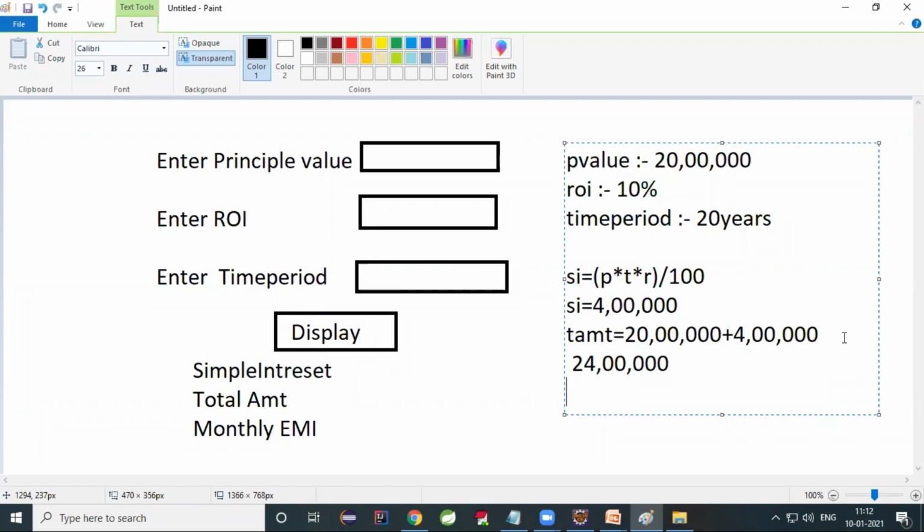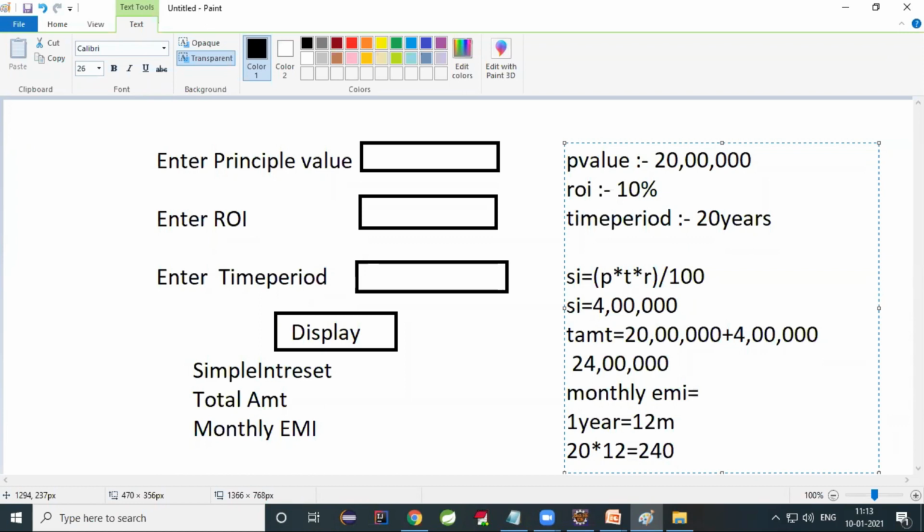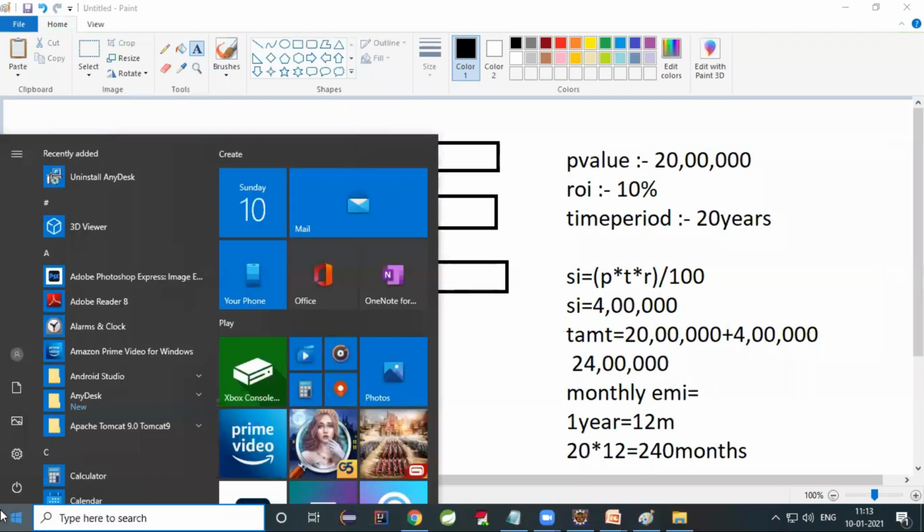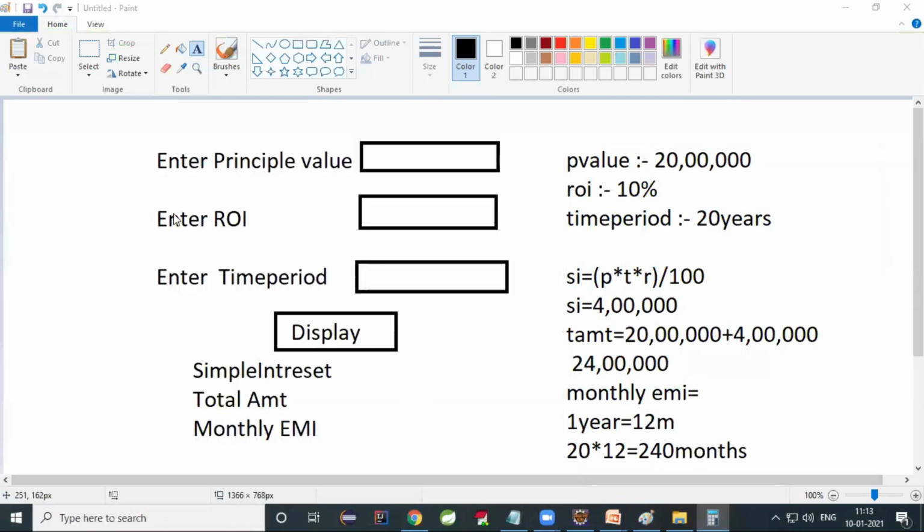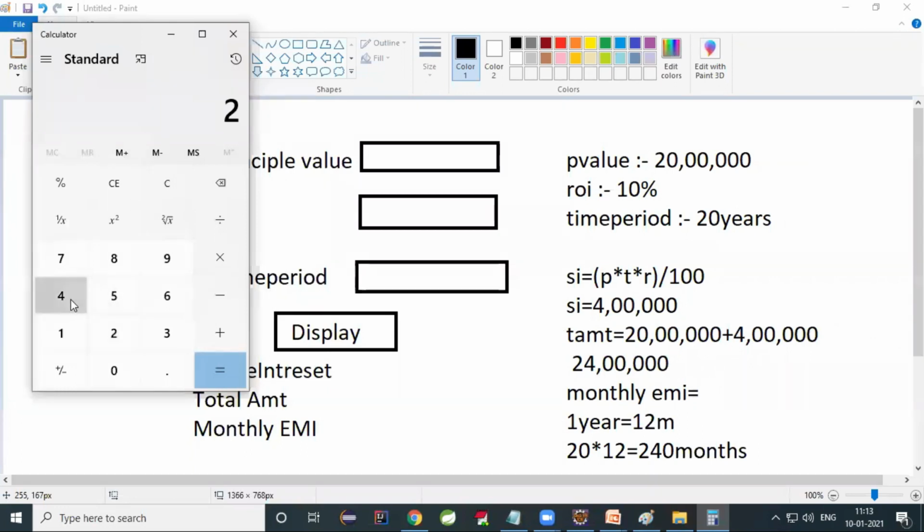Then calculate monthly EMI. 20 years means, 1 year is equal to how many months? 12 months. 20 into 12, 240 months. So 24 lakhs by 240, how much? 10,000 EMI.